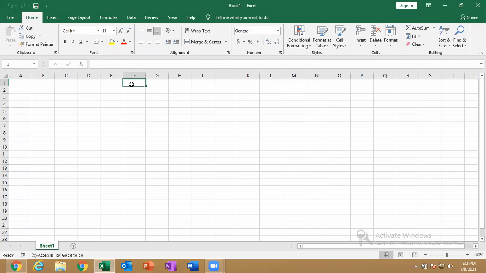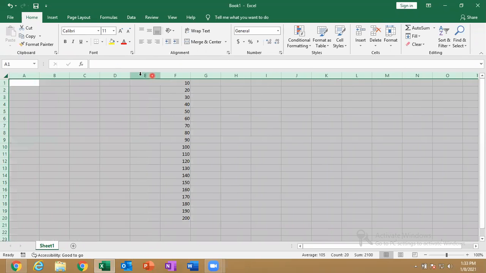So let me take a cell here and I will type some values here. Let me select all these three, drag like this. And let me equally increase all the rows and columns. So let me increase rows and column height and width equally. So just click in this portion here. Okay, just click in this portion, where everything will get selected, and increase the column width and increase the row height.